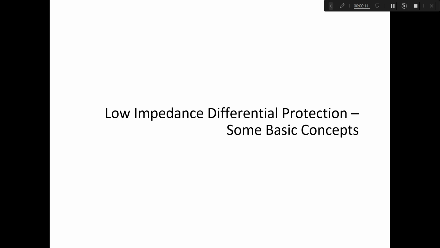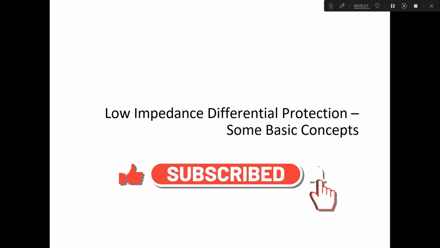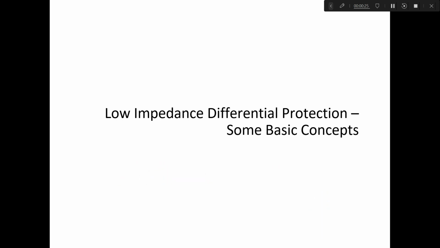In this particular session, I am going to discuss the basic concepts of low impedance bus bar differential protection. In the earlier sessions, we have already discussed the fundamental concepts of high impedance bus bar differential protection, the concept of CT saturation from the physical point of view as well as from the mathematical conceptual point of view. We have already discussed how CT saturation is taken care of in the case of high impedance differential bus